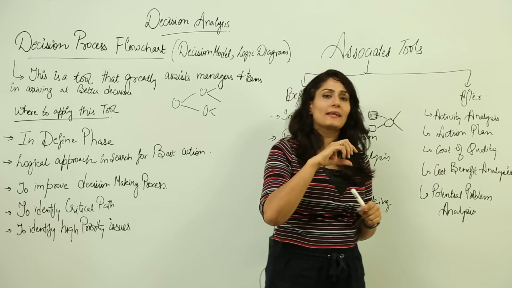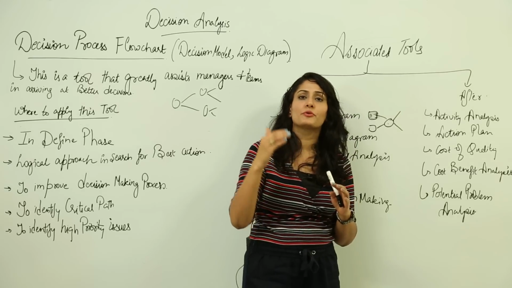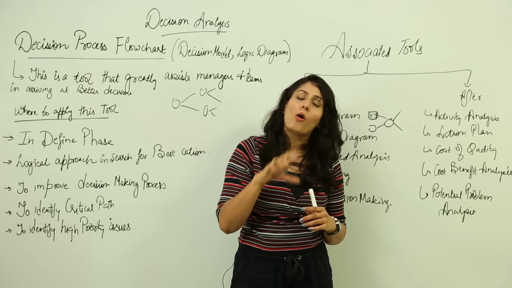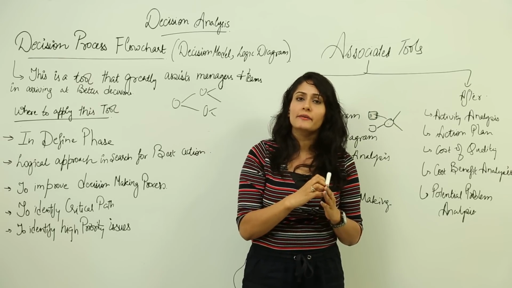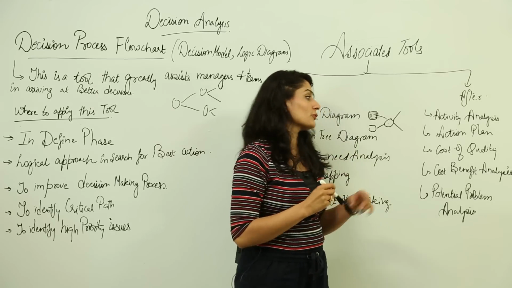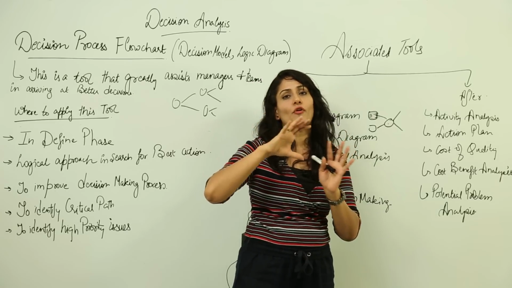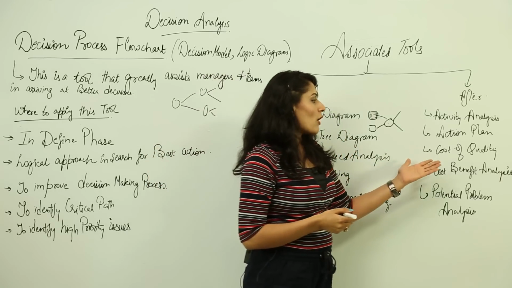Then coming to the second tool, that is action plan. Now action plan is a documented approach, that is you document all the steps you take to reach your final goal. And when you are documenting all the steps, you are also adding information about the resources required for that particular step, plus the time that would be taken up for that particular step, right. So in this way you will have very detailed information of all the steps you take to reach your final goal.